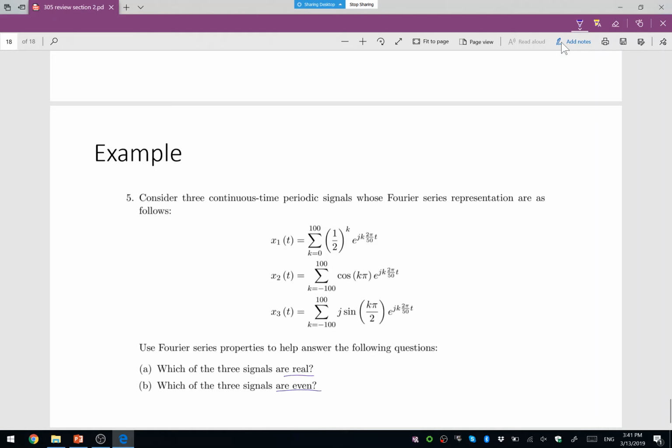So the first thing we need to look at is that these are actually synthesis equations. Here is something we don't care about. This one is the fundamental frequency, but we don't care about it too much, because what we need is just a_k. We can decide if a signal is real or even just by a_k. The range of k is defined by the range of the summation. So by the property that is given in the table,